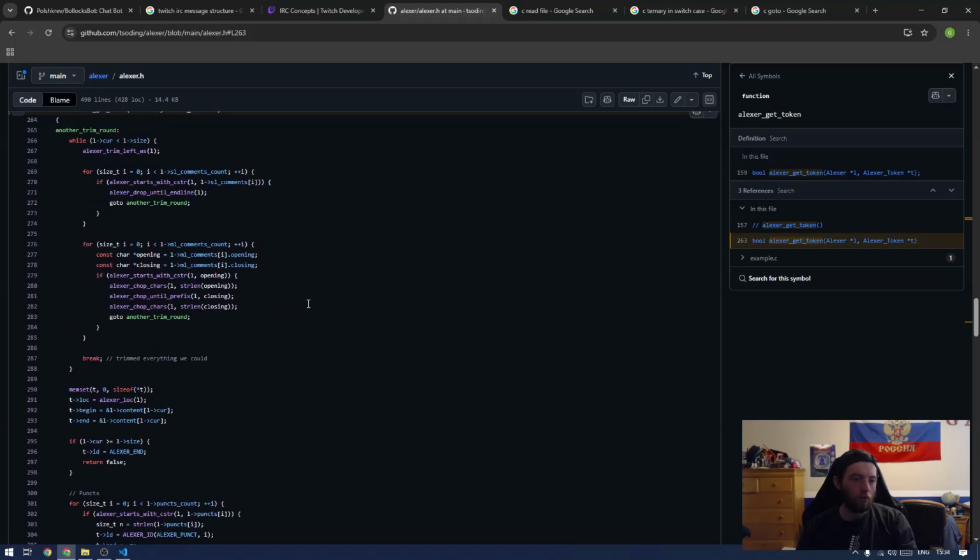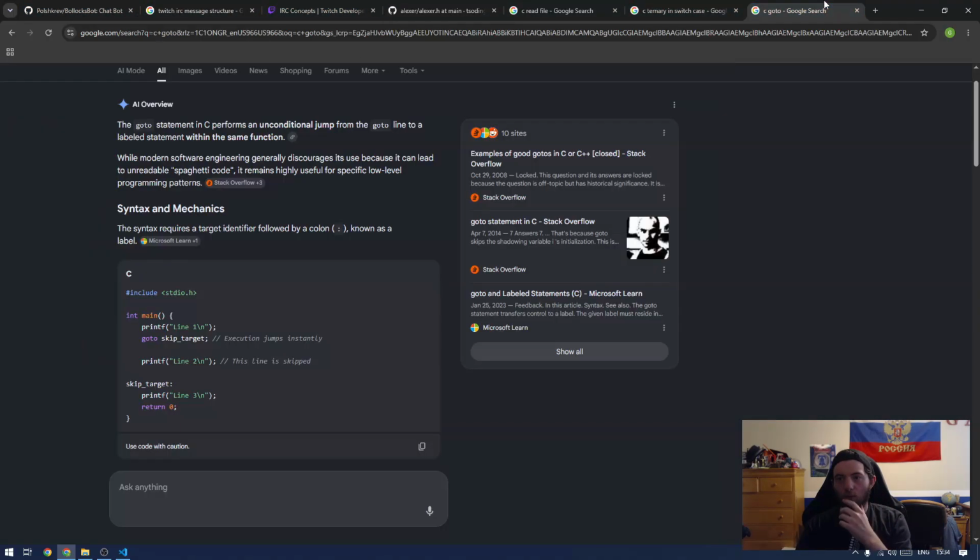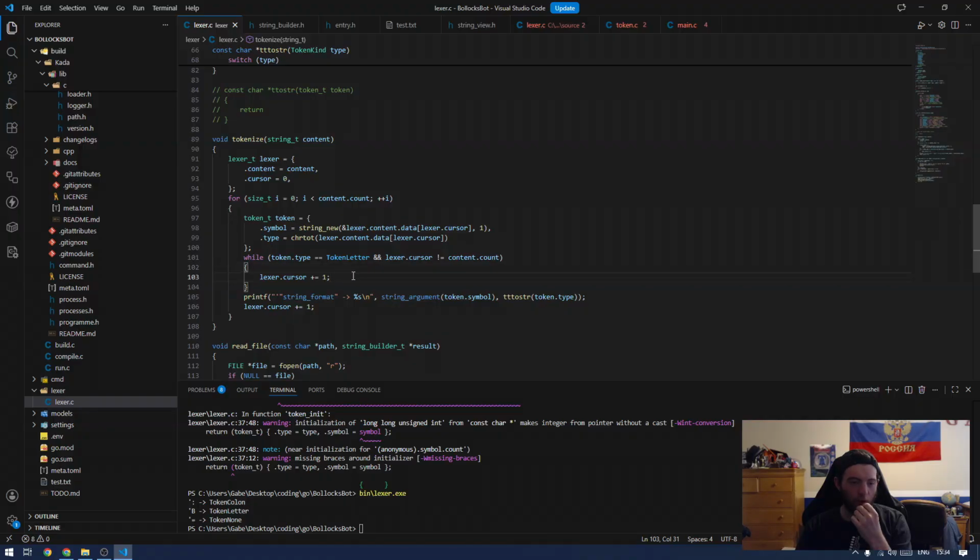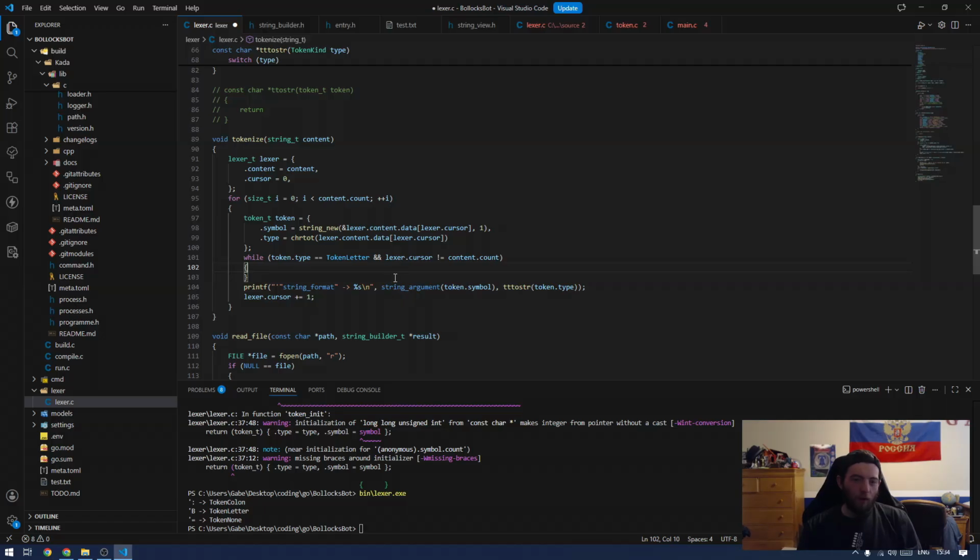He's using go-tos, which is fair. Let's see. And is equal. So Lexer cursor does not equal cursor count. Right. Okay. So I guess while Lexer cursor does not equal